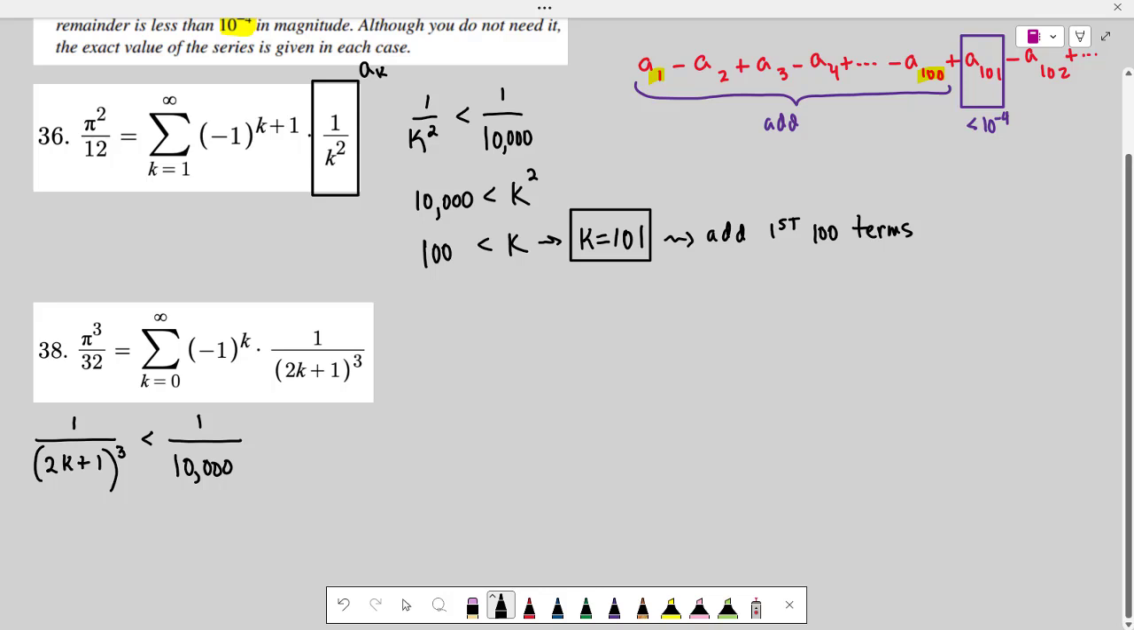So you might need a calculator to get an integer estimate of the third root of 10,000. So we just find the